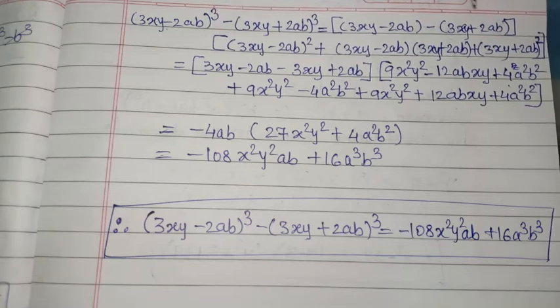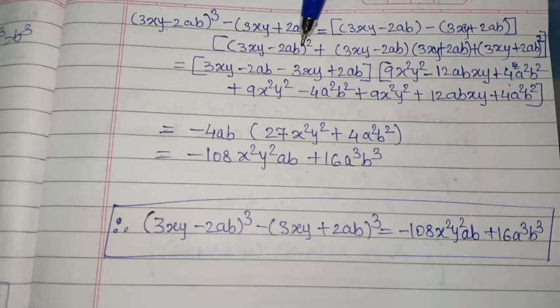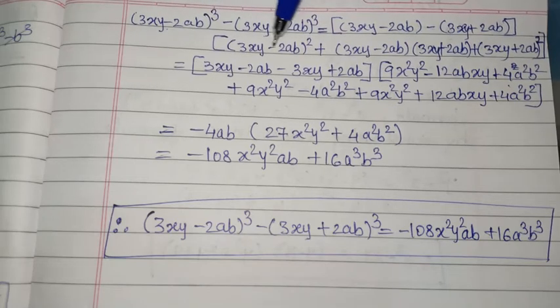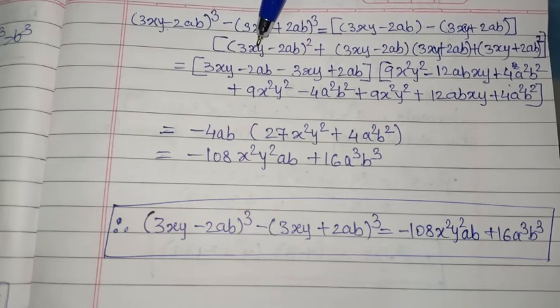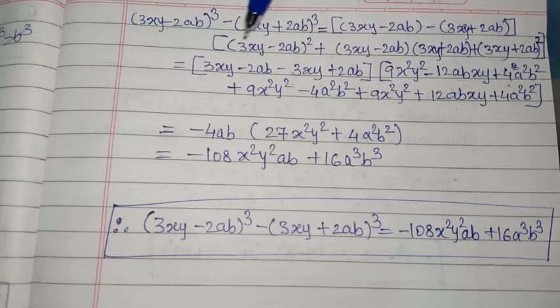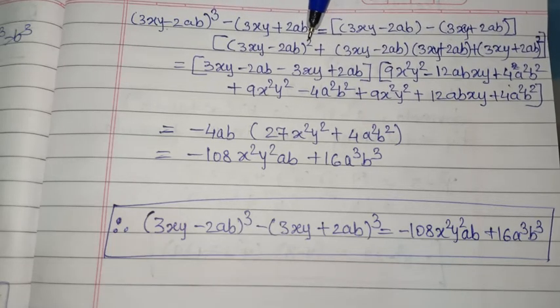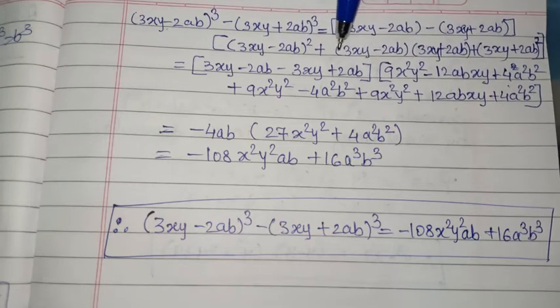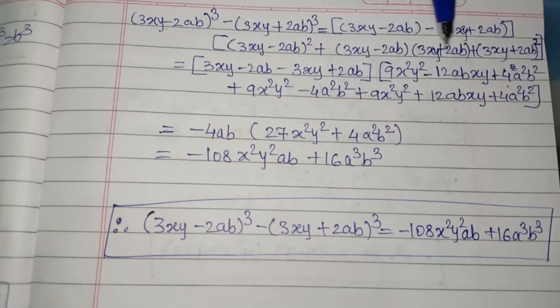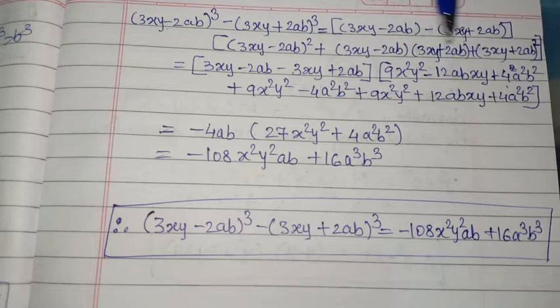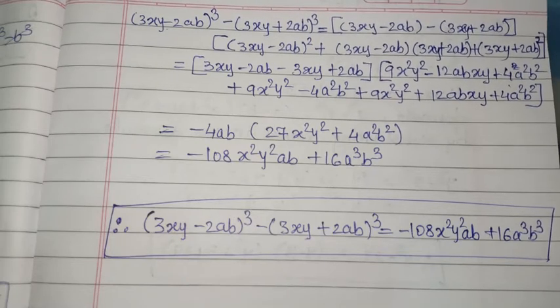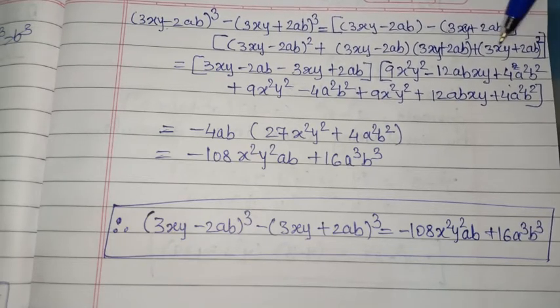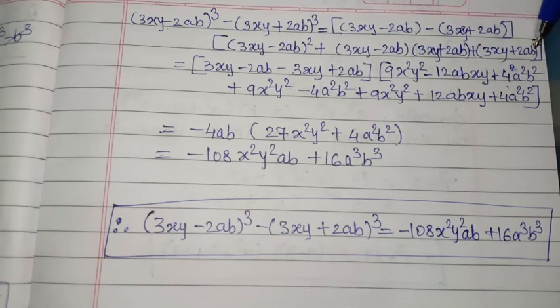Now this is a minus b. Then what will be a square? A square is the first bracket square. So 3xy minus 2ab is the first bracket. This is a. So a square plus a into b: the first bracket is a, and the second bracket is b, so a into b, ab, plus b square means the second bracket square. So (3xy plus 2ab) square.